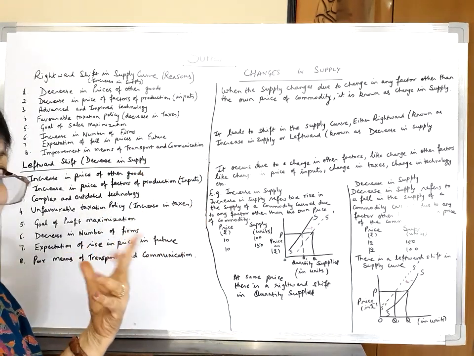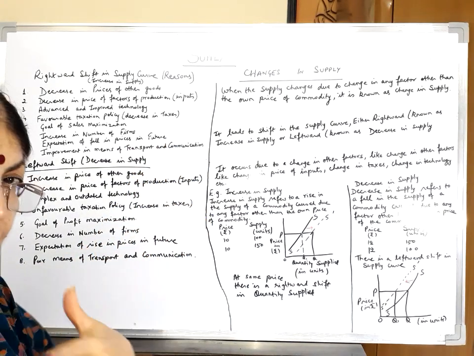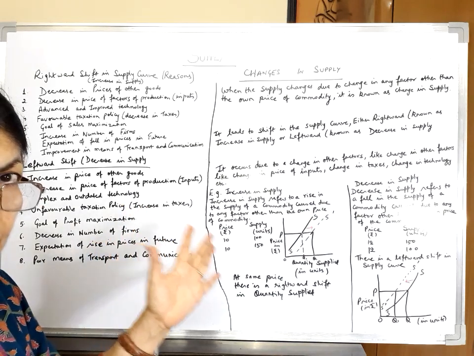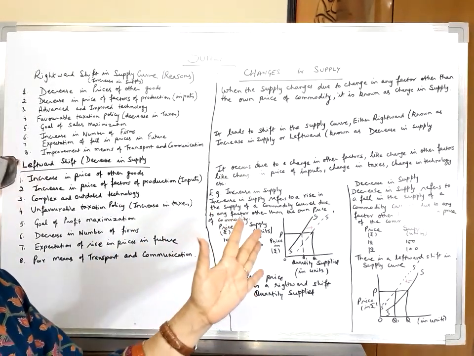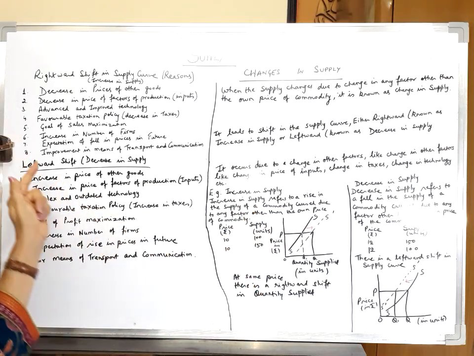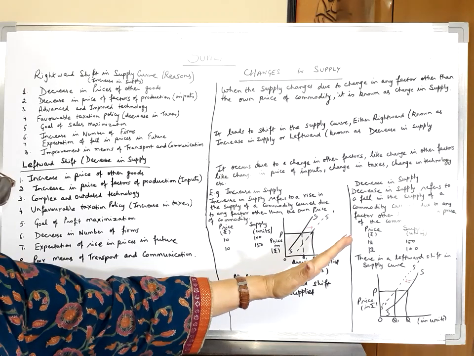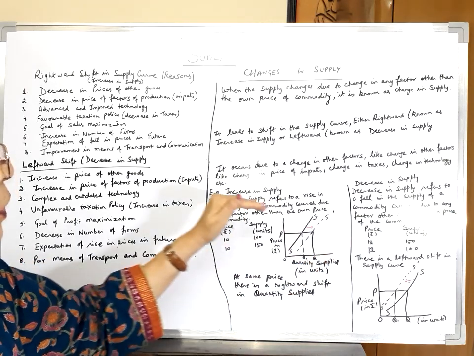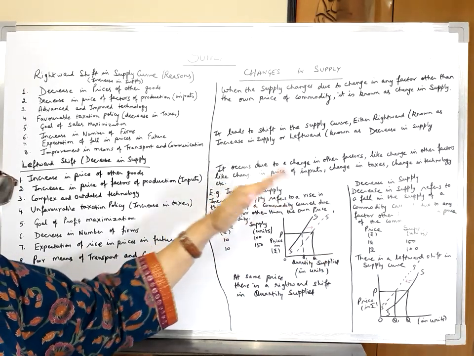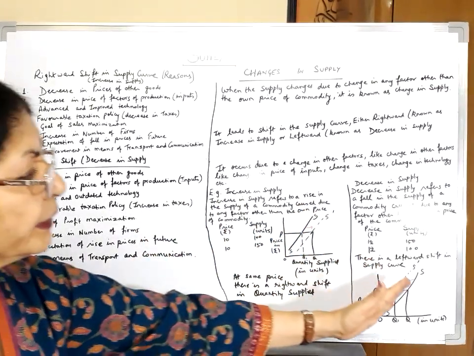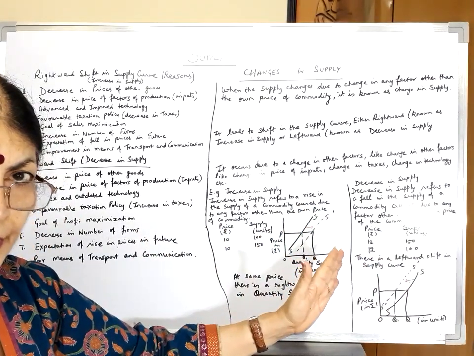If the producer is able to supply his product in different markets at the same price, he would take it as an opportunity and would like to supply more and more at the same price. So, this will lead to a rightward shift of the entire supply curve or an increase in supply. Now, let us talk about the reasons of a decrease in supply or a leftward shift of the supply curve,